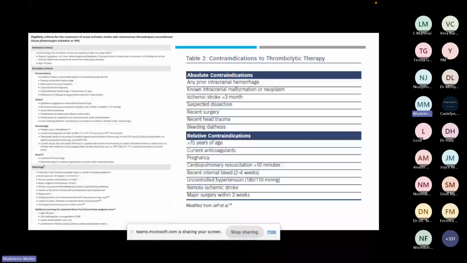All right, so there is a thrombolytic checklist. There are those patients there, an inclusion